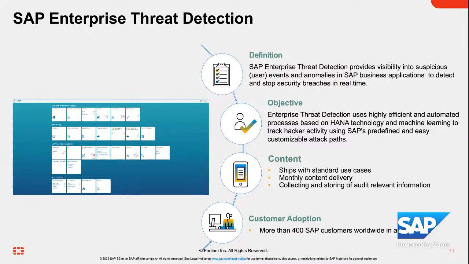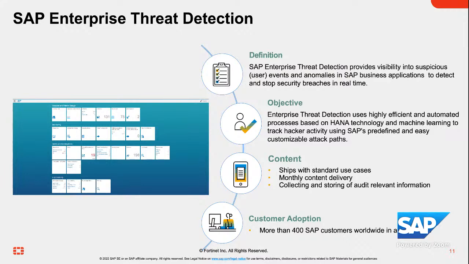And as Matthias already mentioned, one of the core security products from SAP, of course, is SAP Enterprise Threat Detection, which is already quite well known in the market, but it helps sometimes to repeat the information so everybody is aware of what we can do with SAP Enterprise Threat Detection and how we can then collaborate with the FortiSOAR solution, for example.